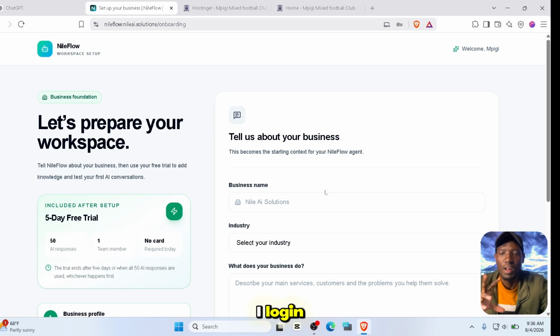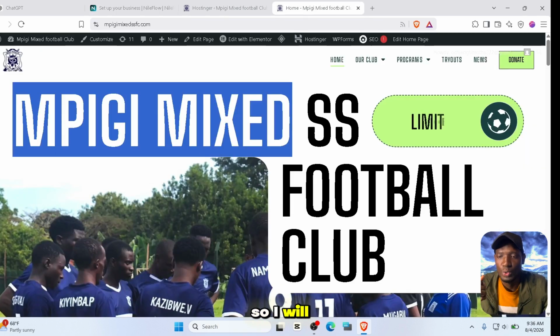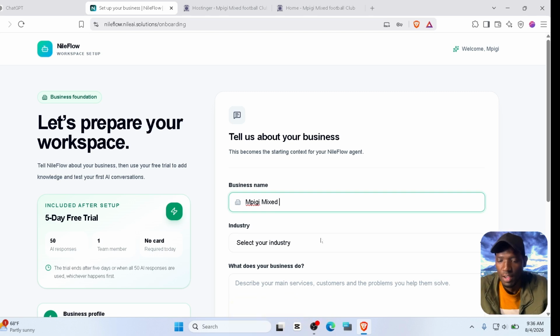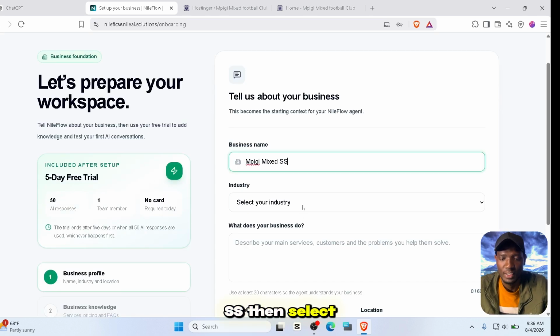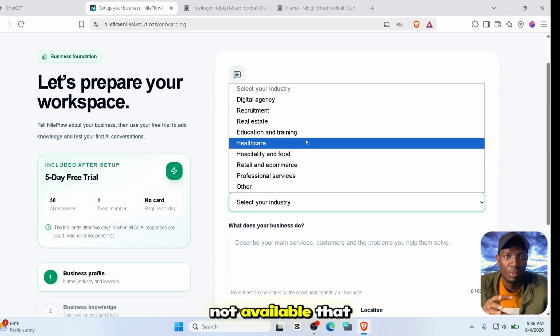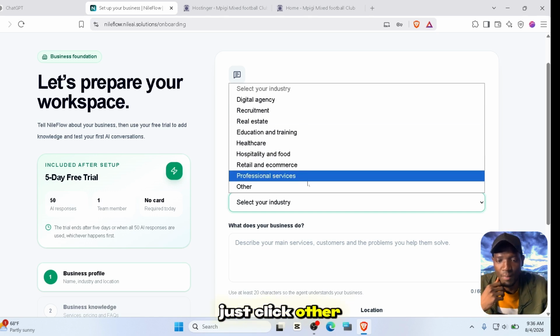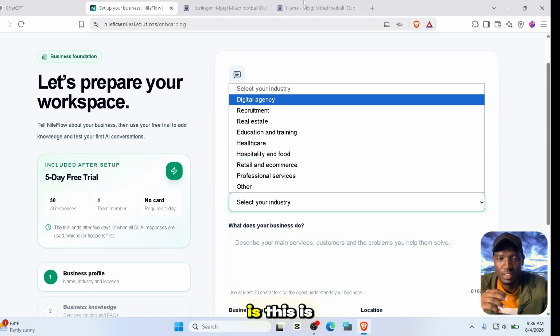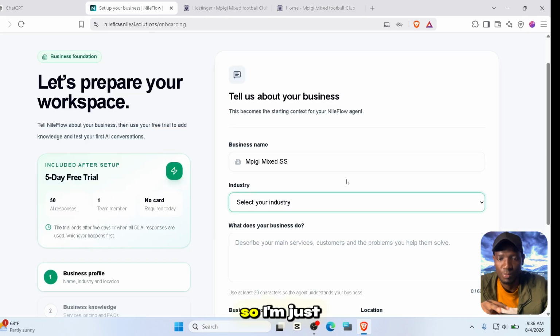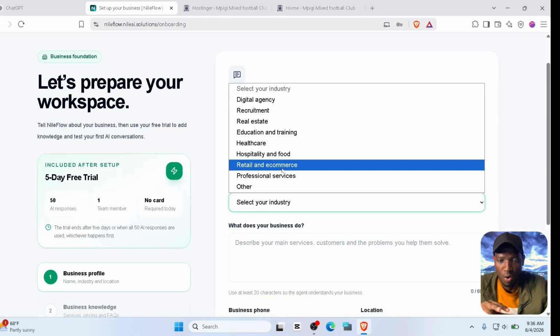Alright, so once I log in, now here's where I'm going to tell it about my business. So if we're going to use PG Mix, I'm just going to go ahead and copy that. And then I paste, our business name is PG Mixed SS. Then select industry. You can choose any which is available. If it is not available that relates to it, just click other. So for here, I think this is a football school, a school which has a football team. So I'm just going to click on